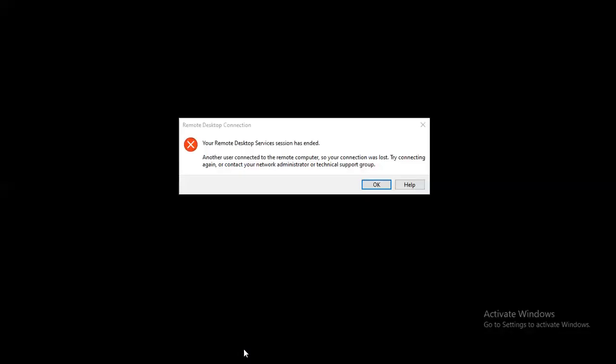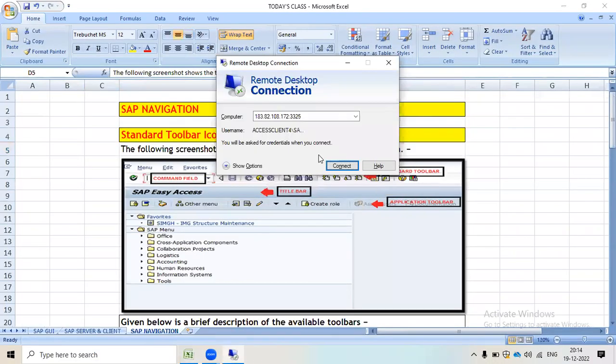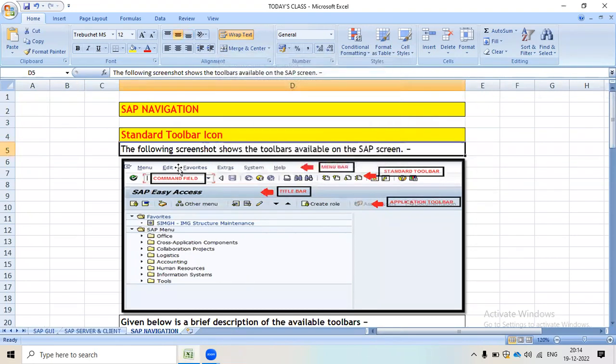When you access SAP, you will get different scenarios. This is SAP navigation. When you enter the SAP server, you will get this picture. In SAP navigation there are standard tool icons, and in the following screenshot the tools are available on the screen.